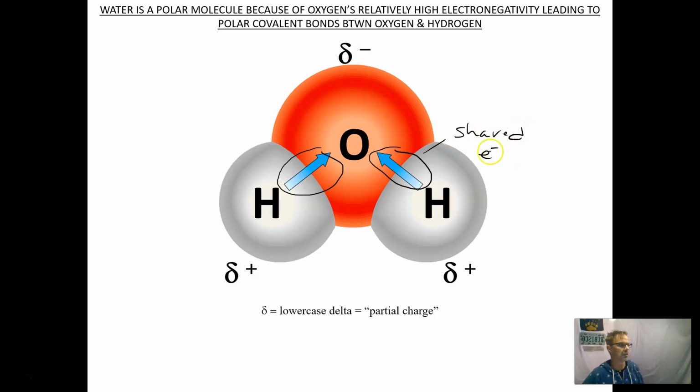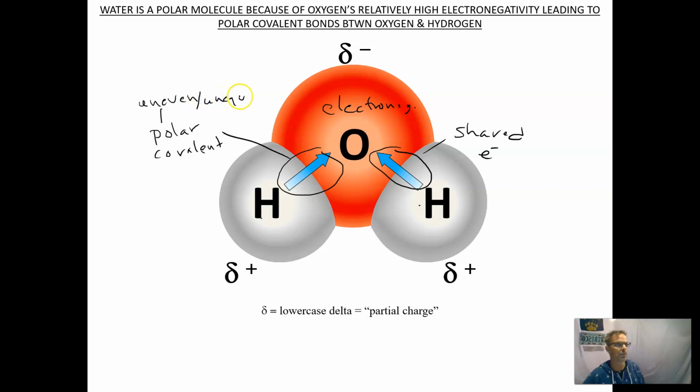This e negative is an electron, so a shared pair of electrons. But because this oxygen atom has a relatively high electronegativity, the electrons tend to spend more time around the nucleus of this oxygen atom than they do around either one of these hydrogen atoms. Consequently, these covalent bonds are referred to as polar covalent bonds. And polar covalent bonding simply means that the distribution of the electrons is uneven, right? So uneven, polar,